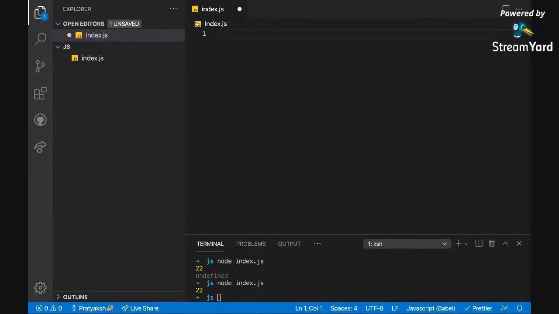So we have something called array in JavaScript. So array is a list of variables, a list of values. Let arr is equals to one, two, three, like this. It's a list of values.